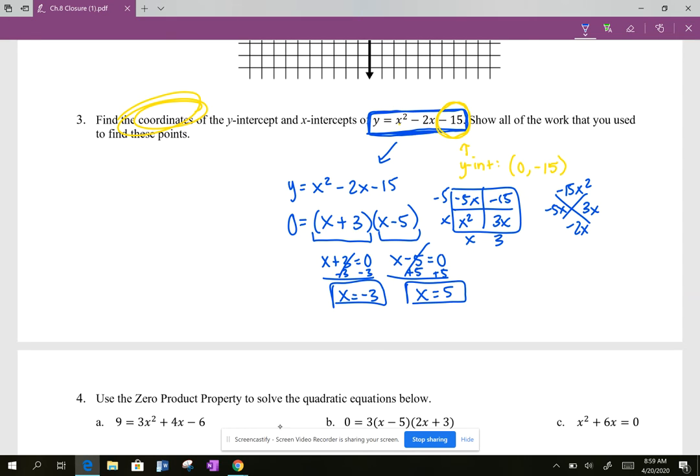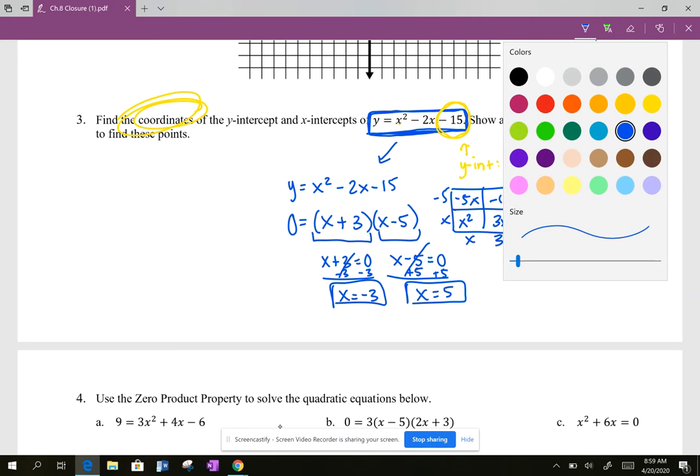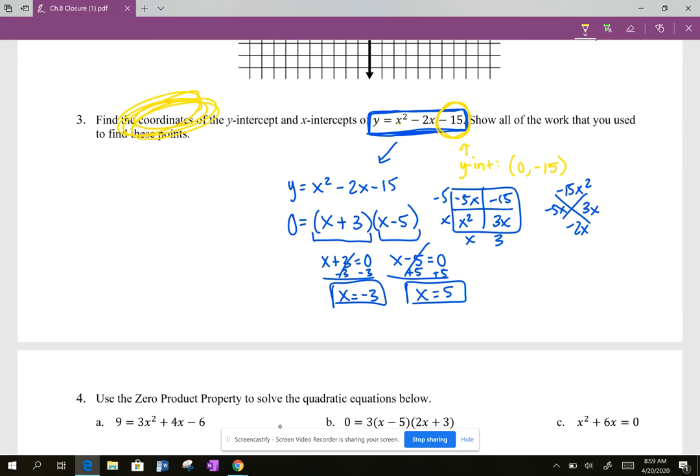So your coordinates for your x-intercepts would be negative 3 comma 0 and 5 comma 0. That is why we are using the zero product property to reveal information about the function. So if you wanted to graph this, which you don't have to,